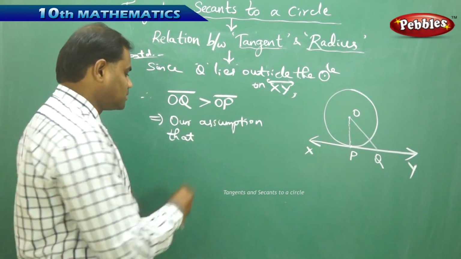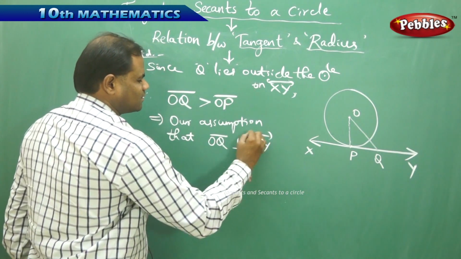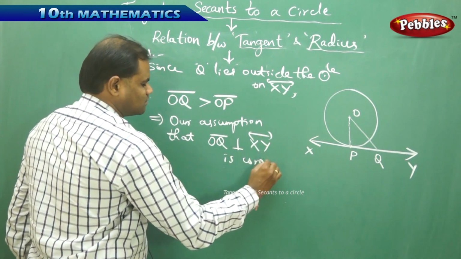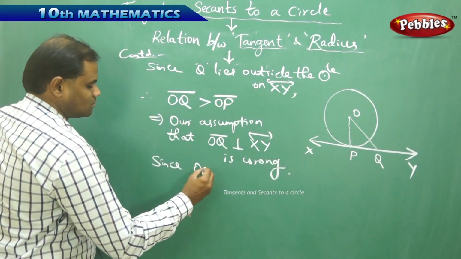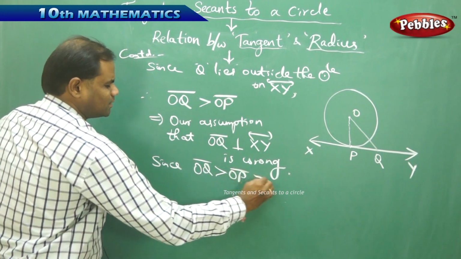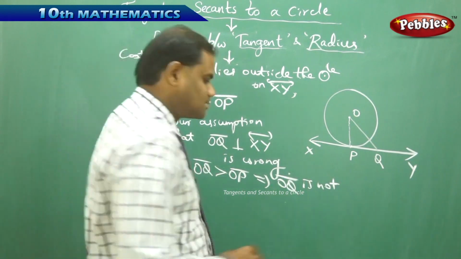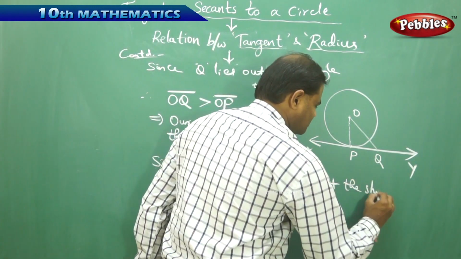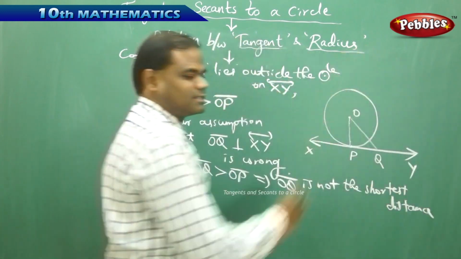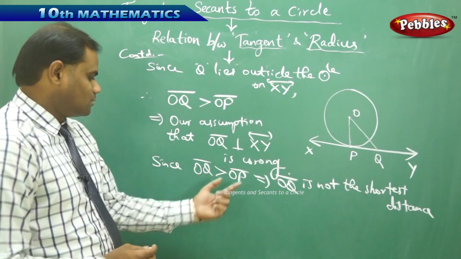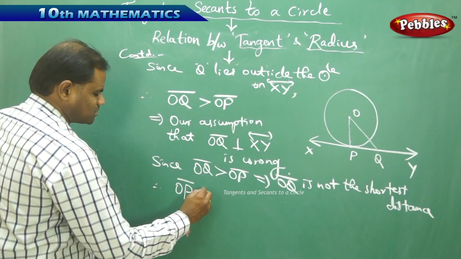That means our assumption that OQ is perpendicular to XY is wrong, since OQ greater than OP implies OQ is not the shortest distance. Therefore, OP must be